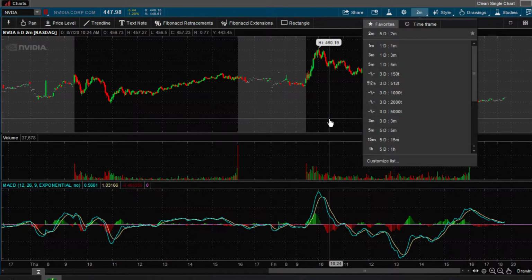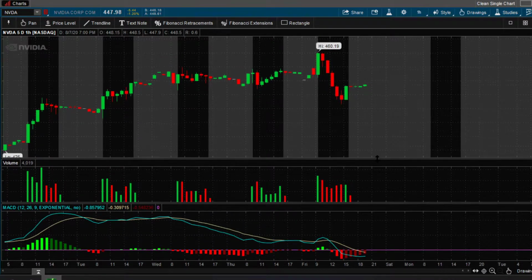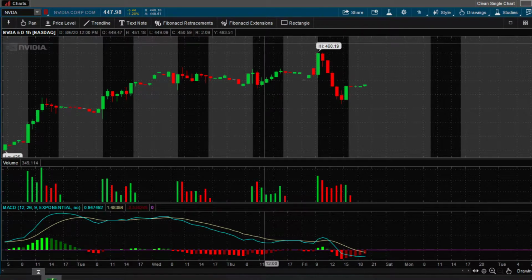So the MACD is plotted. This is on a 2 minute. Let's go 1 hour and see how it looks on the 1 hour. The 1 hour looks good. MACD is